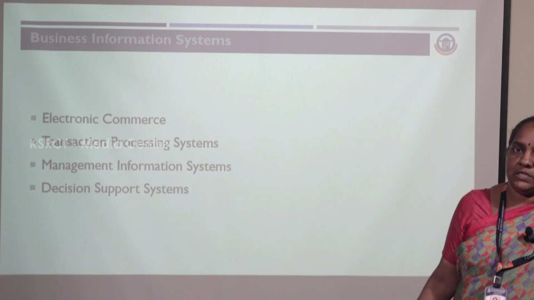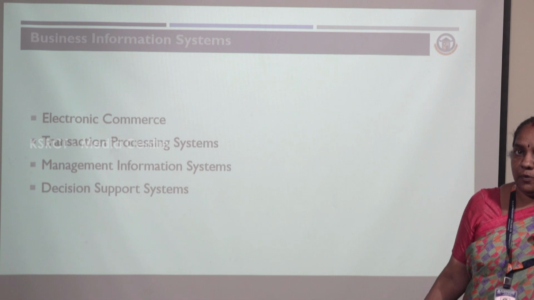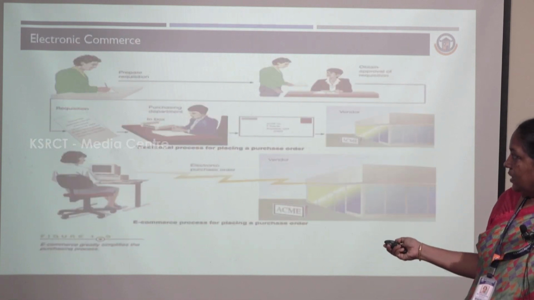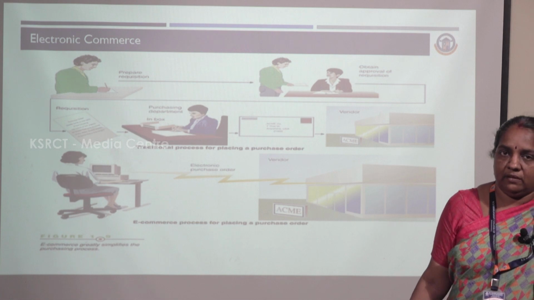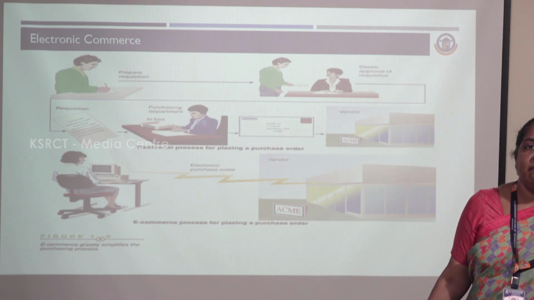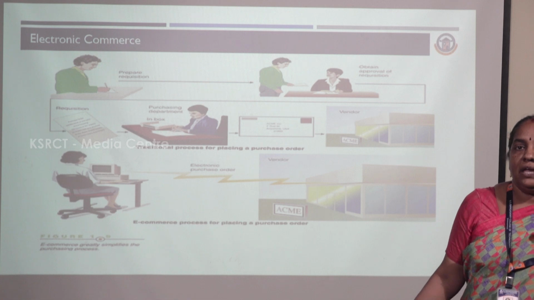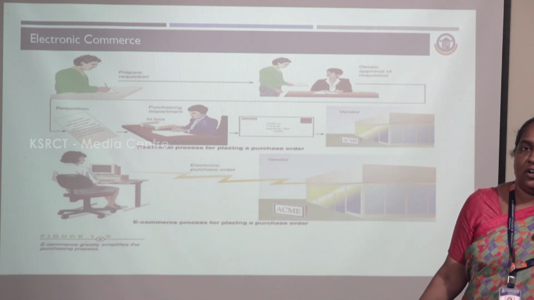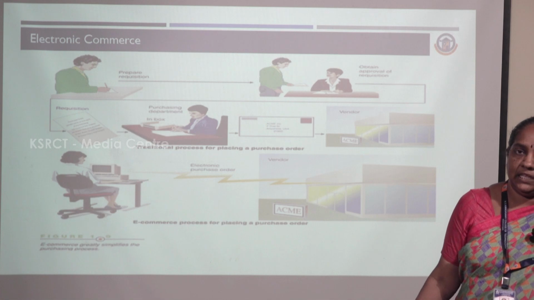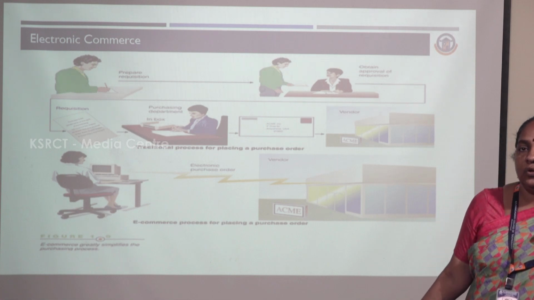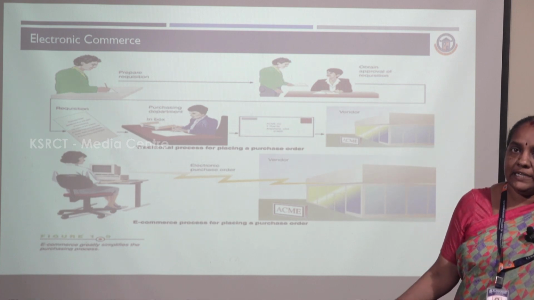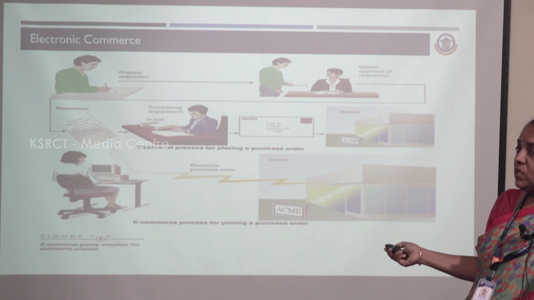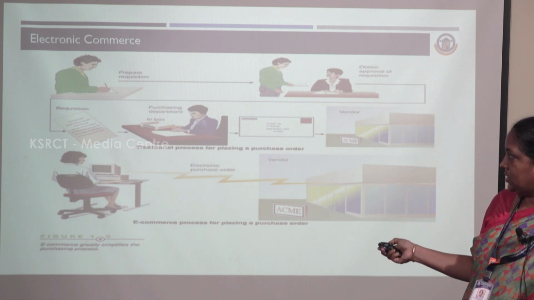So each of these information systems supports the business in its different processes and its different places. First one, electronic commerce. Today this is very common, where from the kid to the adult, all of us are very much used to electronic commerce, where we make use of e-shopping and e-tailing and so on, to do the process of business on the electronic device. Today e-commerce plays a very major role in business and it is one kind of information system which supports business organizations.